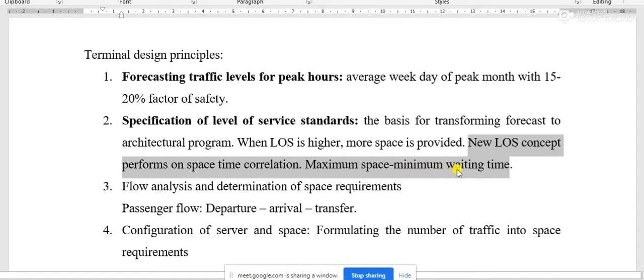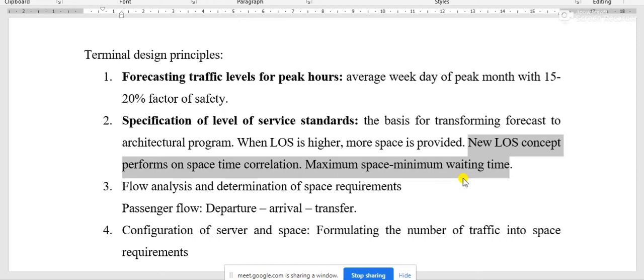Obviously, air transportation is used by those users who have less time in hand, who are very busy in their jobs, and for that reason they are using the aircraft and the airport. If the time required for all the processing is large, then they will not use the aircraft or the airport.